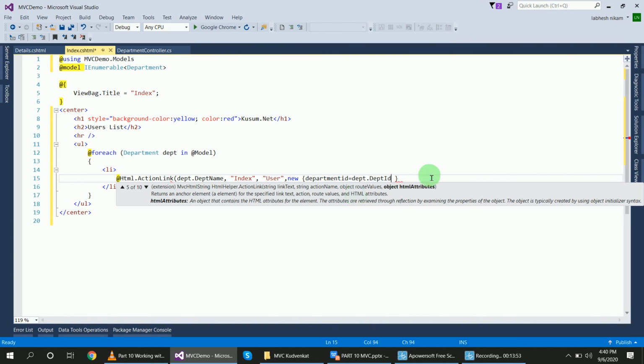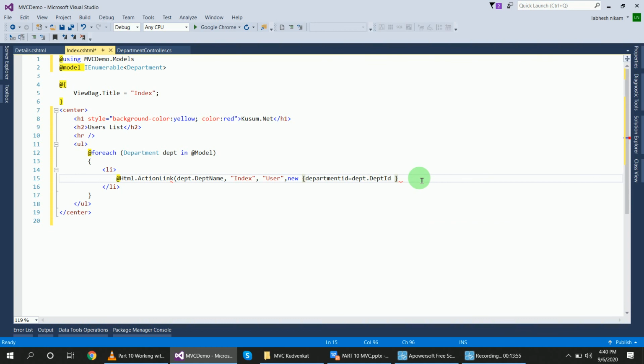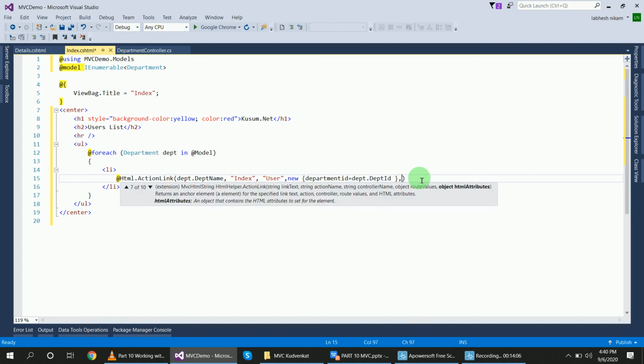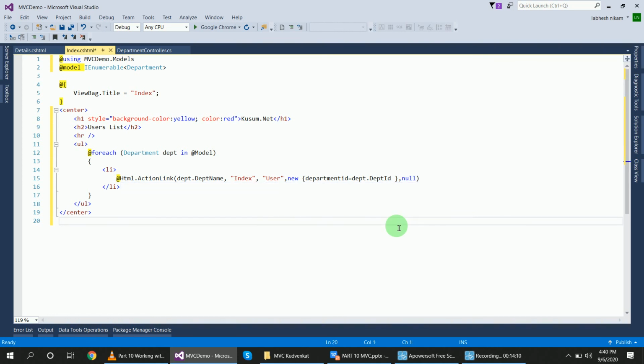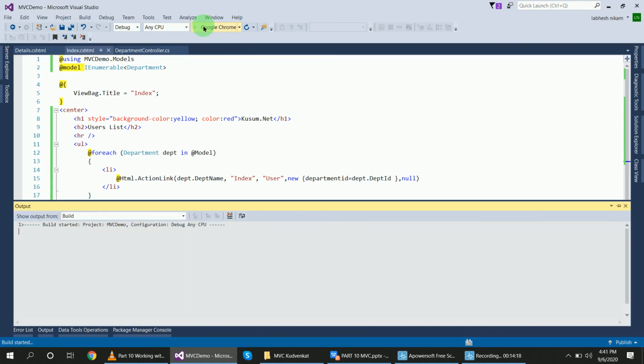Okay, and you are going to display a user's list, which means after this something else is needed, so you will add an extra object null, right? Now let's check whether this displays or not.